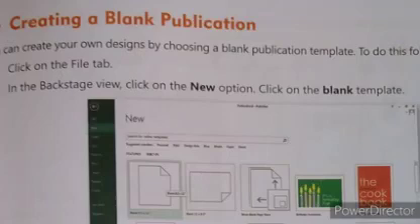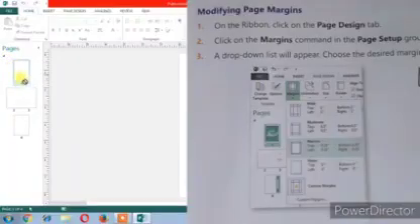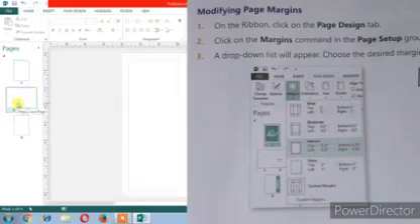Next, you can change the margin, that is page margins. Click on the ribbon bar, click on page design tab, you will get a margins command. Then in the margin commands, click on the page setup group. A drop down list will appear, choose the desired margin.